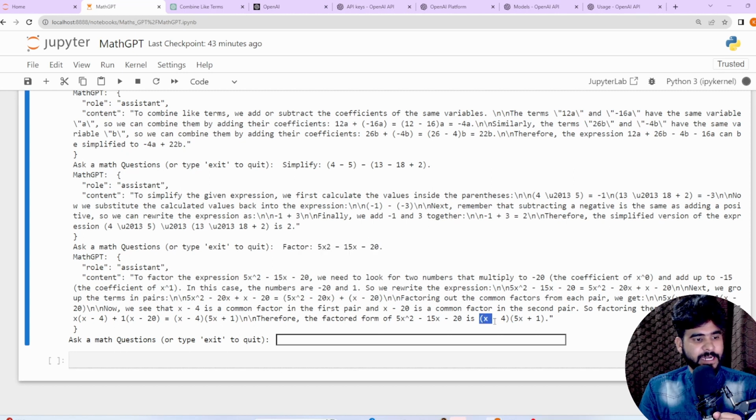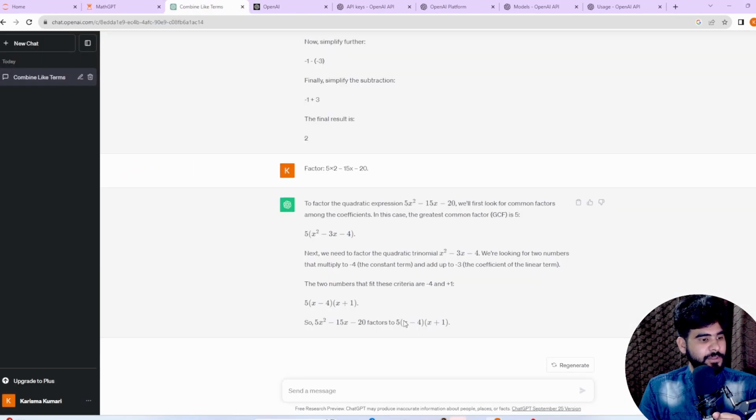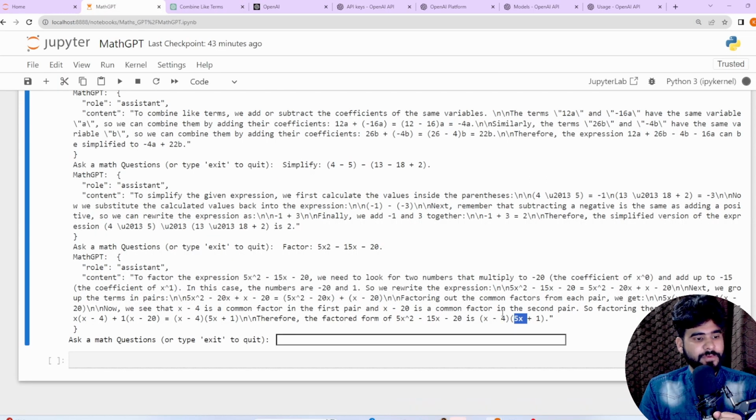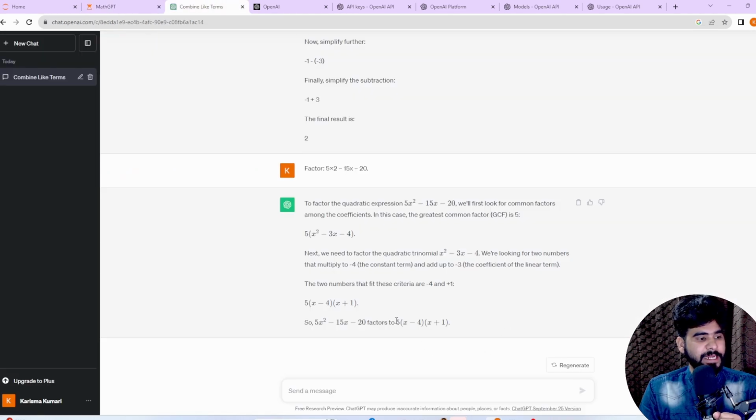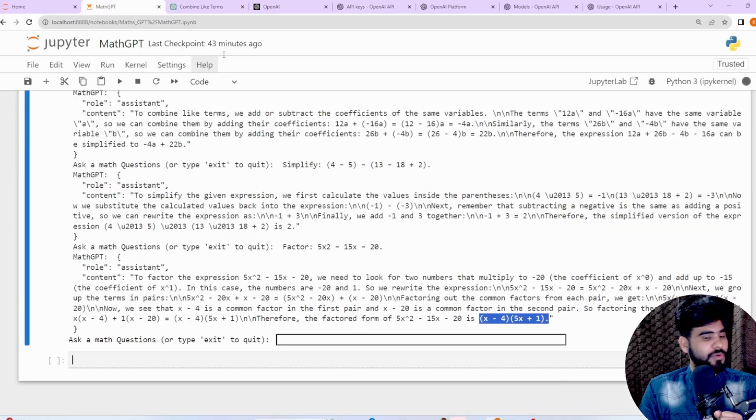If we take the common from here, the same output will come, right? And the same output that we are getting here as well. A little bit different output that we are getting in the factors of this one, but it's a correct output that we have.